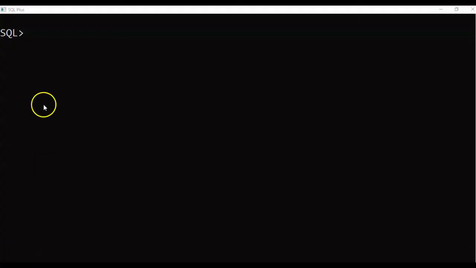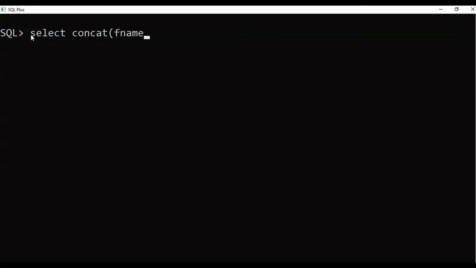Concat function combines 2 strings and prints the output as a single string. For example, we will combine 2 columns, first name and last name. Select concat, fname.